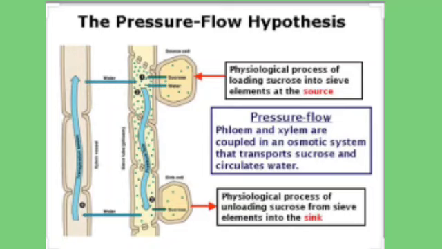Along with water, other food products and other substances are transported in the plant. Translocation is the process of transporting. The food which is produced in the leaves is transported to each cell in the plant body. Excess food except amino acids is stored in roots, fruits, seeds, etc. That's why you can see the pulp in the fruit. They are growing in size. Translocation is carried out in both upward and downward directions by the phloem.